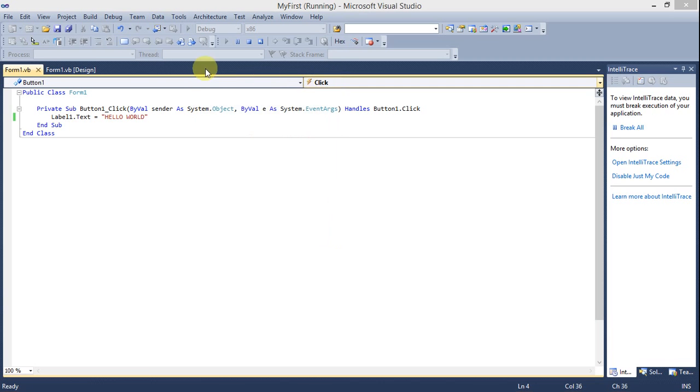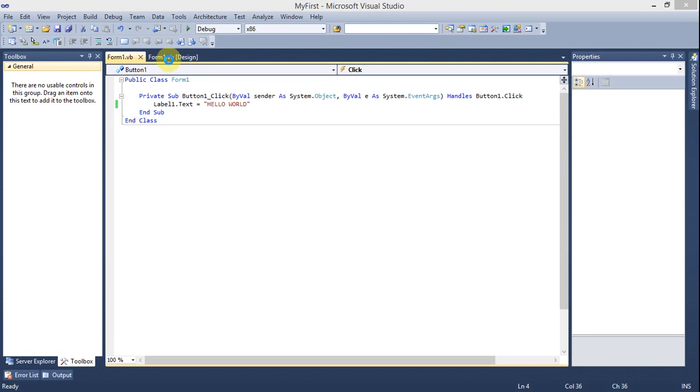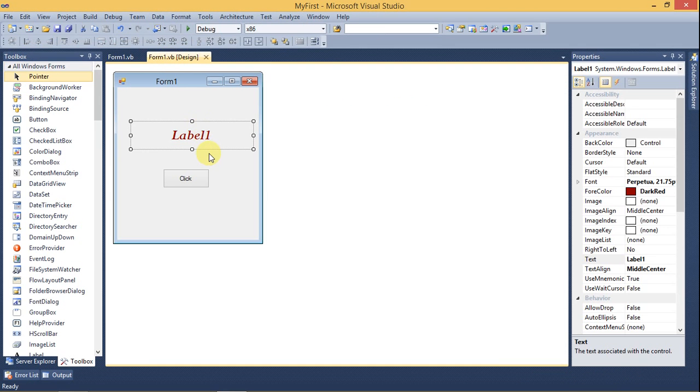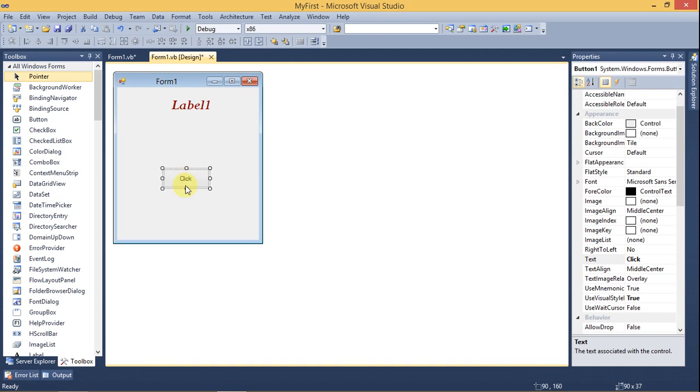Alright, so what I will be doing in this video now is showing you guys how to use common controls in VB. The common controls are the label, button, and text box. These are controls that users often use. Okay, now to do that, let me add